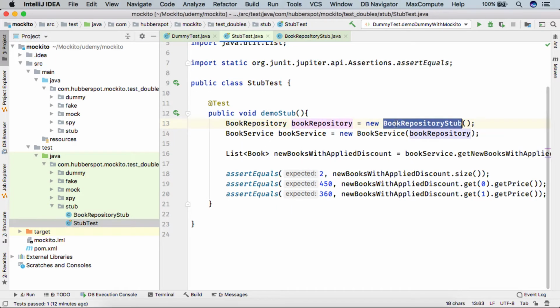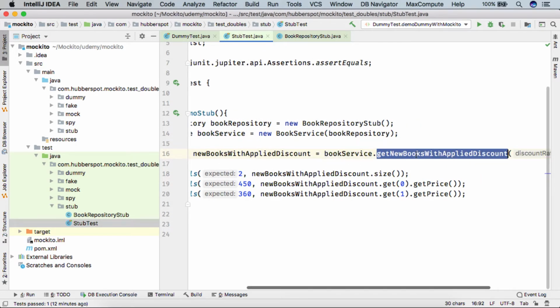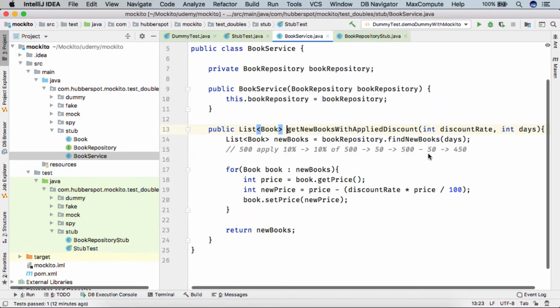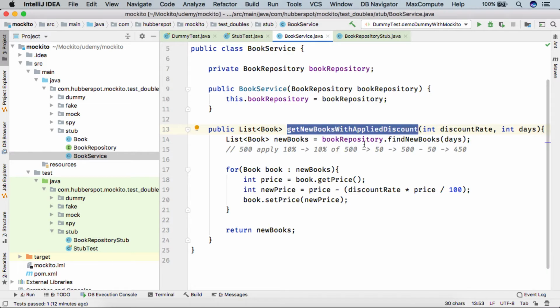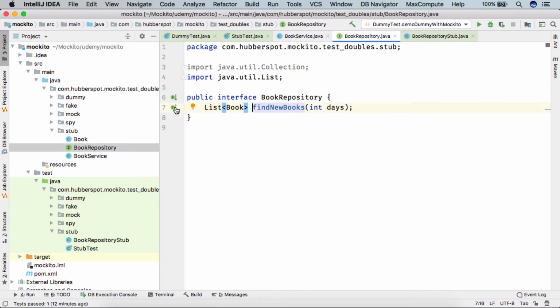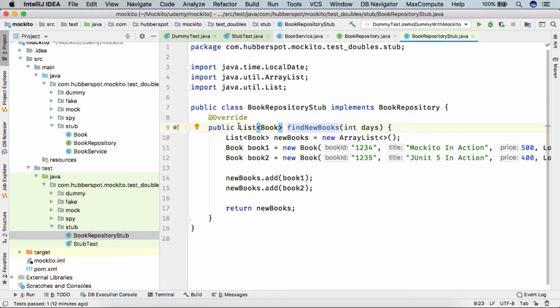We used this book repository stub in our book service, and we wanted to test the get new books with applied discount method. This method internally used what we saw just now, find new books. So it simply called this method, and as we have hard coded it here, it simply returned the list of books having two books.